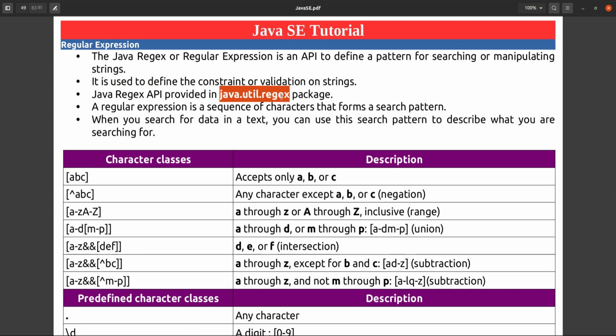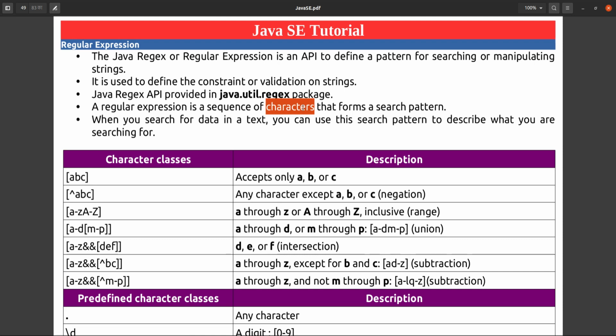Under this regex package, all the regular expression related APIs, meaning classes, interfaces and enums, are present.